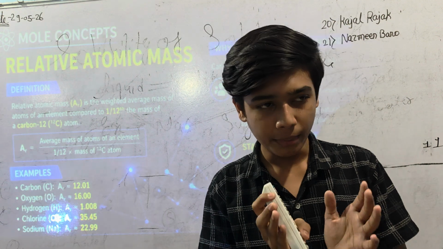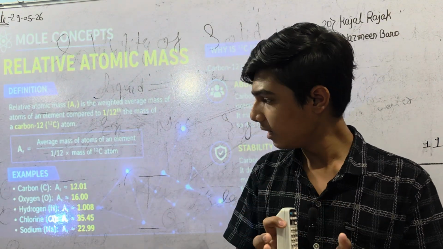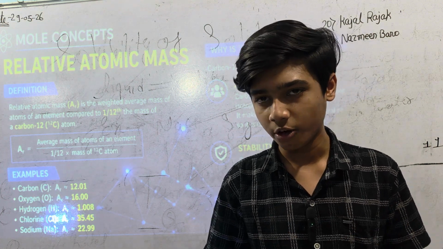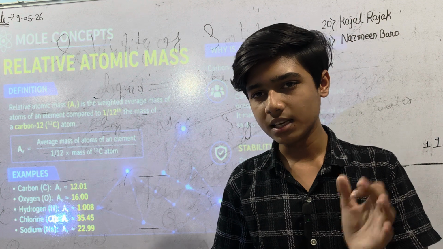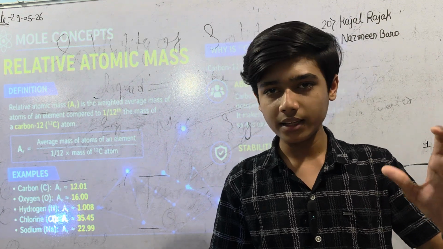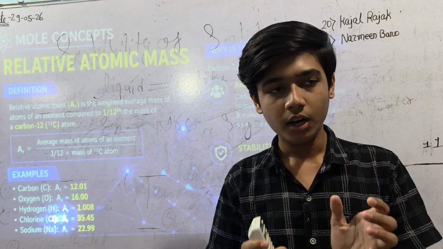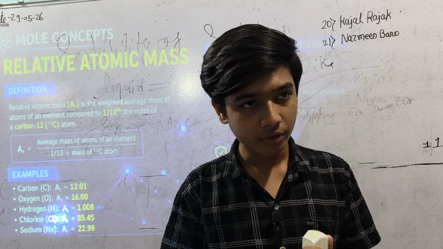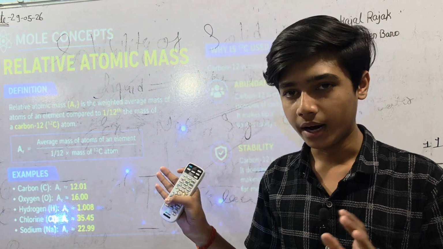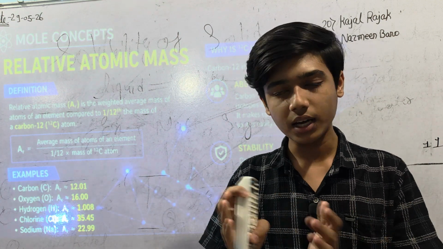Now let's move ahead to the main formula of our topic, and what is the meaning of the relative atomic mass. First of all, I would like to clarify the definition of it. Basically, the relative atomic mass is defined as how many times the mass of an atom is heavier than 1/12 of the carbon 12 atom. Now, what is the meaning of it? Let's move ahead to the formula of it. Relative atomic mass is equal to the mass of an atom of any element divided by 1/12 of the mass of the carbon 12 atom.